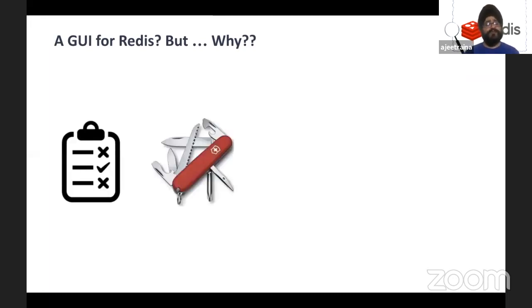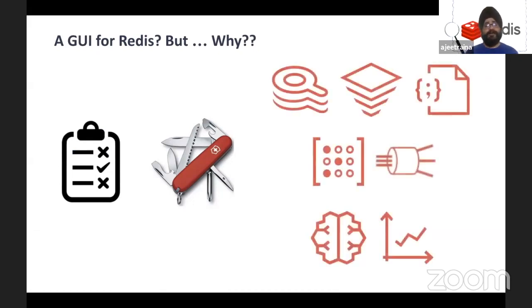So most of the tools which are available come with one or more features which are powerful, but they are not feature rich. Because here we are talking more about the different modules like Redis Search and Redis JSON, there is no tool which can provide you all the functionality you can get over a GUI for managing all those data structure modules. And that is where